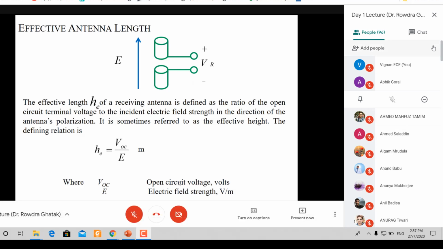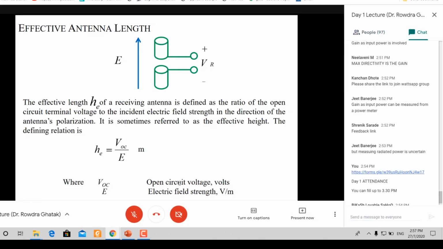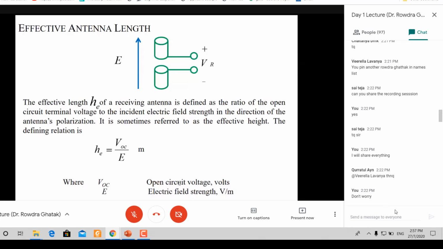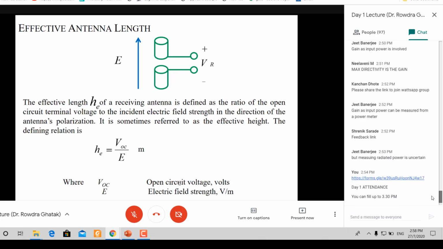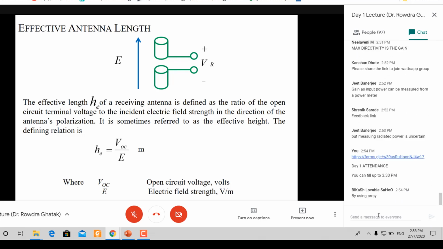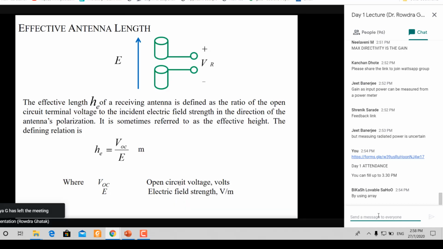Magnetic field sensing will involve a very small magnitude of magnetic field, so it will be difficult for you to sense. The quantity of effective antenna length comes into picture. When you make antennas for MIMC applications, you require sensors. In sensing electric field and magnetic field, you require some additional information, that is, what is the effective antenna length,